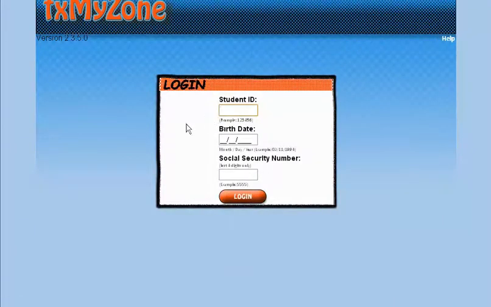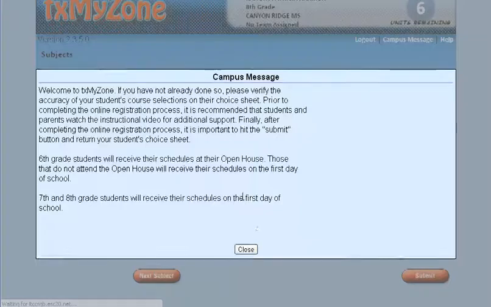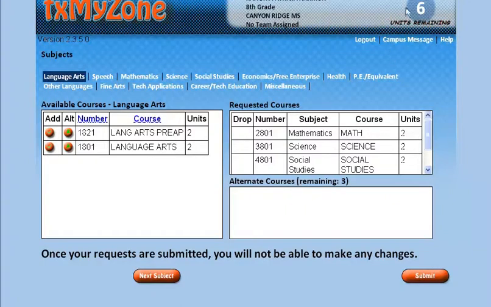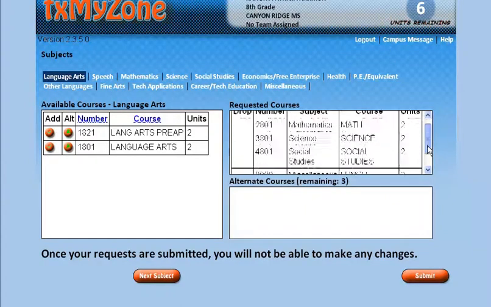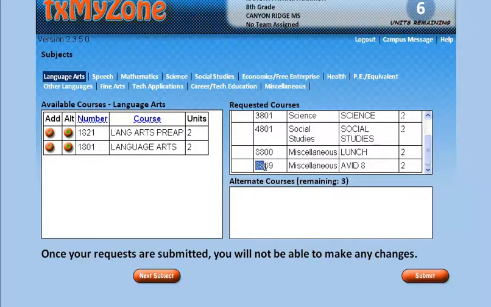That was a boys login. Let me just go ahead and quickly show you a girls login. It's not very much different, but you'll see that there are some other choices that the females have on theirs that the boys do not have. So let's go ahead and log in real quick to a female. Again, there's the intro screen. Again, here's the number 6. All that's the same. Again, this is a non-level math student rolled up in non-level math. This is a student who was in Avid in the 7th grade, so they've been rolled up into Avid here instead of apps. If you're in Quest, you'll see Quest there.